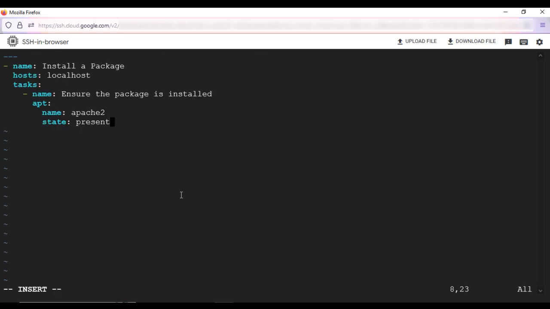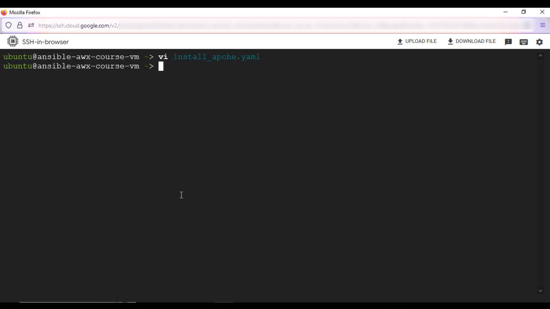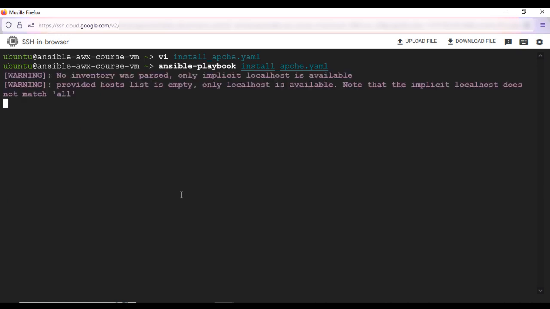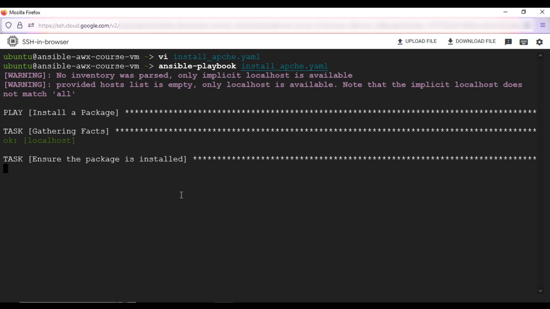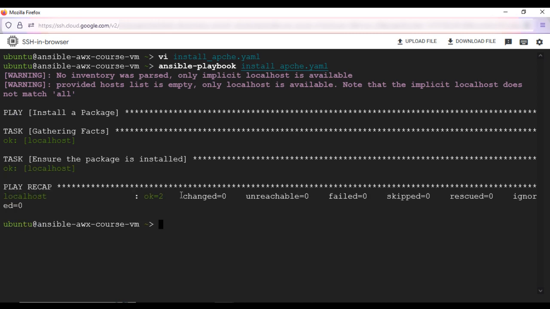For playbooks as well, we will have a separate video, so don't worry if you don't understand this file at the moment. The name of the playbook is install a package. It will install the apache2 package using the apt module of Ansible on the localhost. Here the name of the task is ensure the package is installed. Now let's run this using ansible-playbook. And here we have the output of this command. ansible-playbook provides various options to control playbook execution, such as specifying variables, using tags, limiting tasks to specific hosts, and